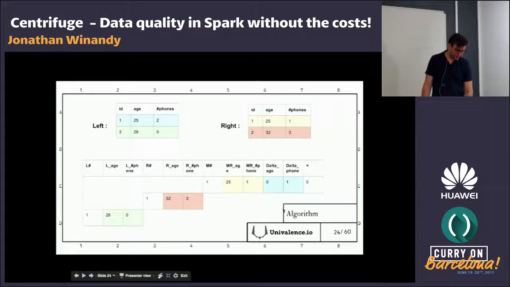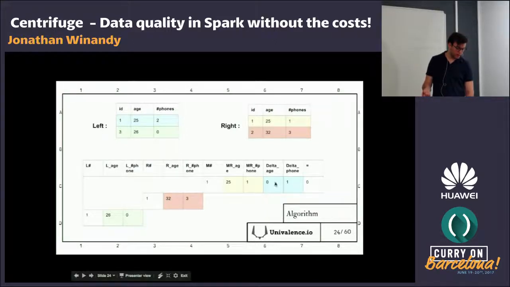So what happens when you compare them is you are able to have the difference. For example, on line 1, the number of phones is different. So you have one more phone number. The age is the same.